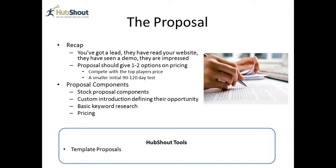Everyone, I think, has philosophies on how to present prices to people, and how do you have the high price and the low price, and is there a middle tier or not? But that's typically what we do. We have stock proposals that you can use, and I'm going to walk through one in a minute here, right now. But generally, the components I recommend are some general overview of our process, our platform,